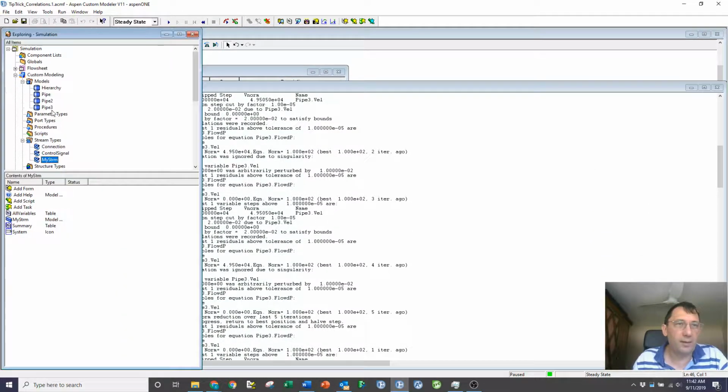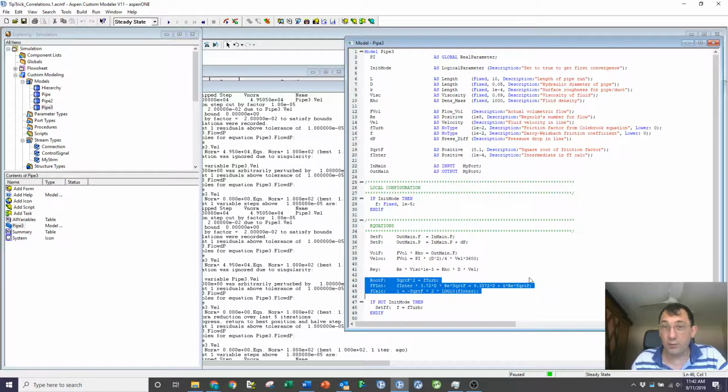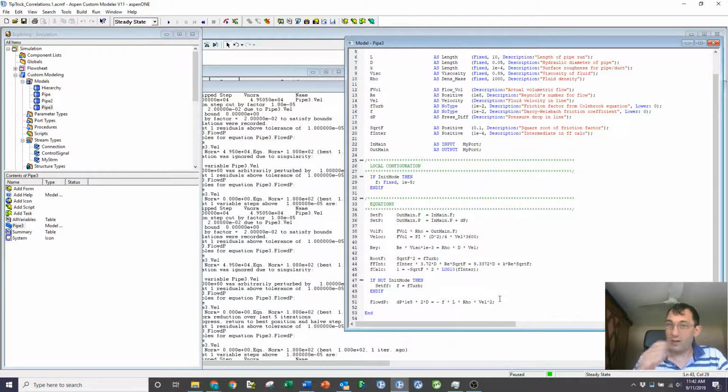And what is it? If I come in and look at my pipe, it's me being stupid, of course. What I've done is the DP should be negative if the pressure is dropping. And in this equation, if the DP is positive, because of this negative sign, and everything else in this equation is fixed, so I fixed my F as initialization mode, what it's trying to do is to say, well, to get a positive pressure drop, I need to have a negative velocity. That's not feasible, and so I'm giving up because velocity is defined as non-negative. So what I've done, of course, is I've got the wrong sign on my DP,